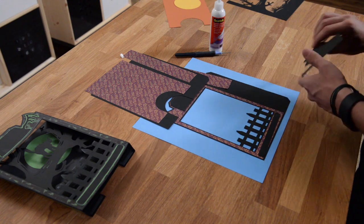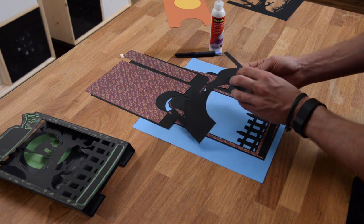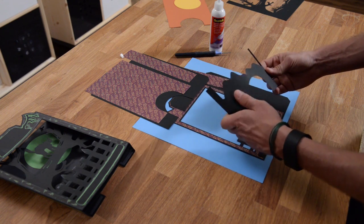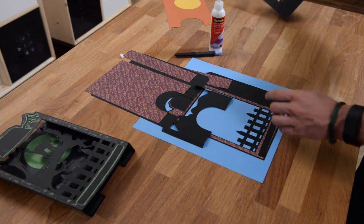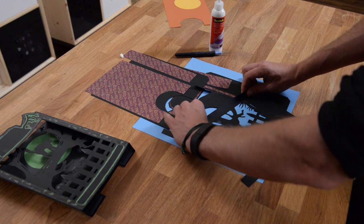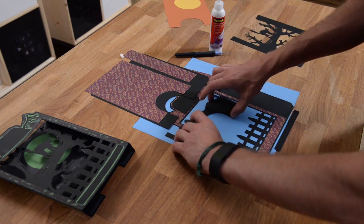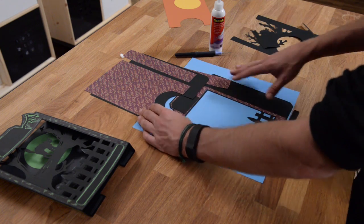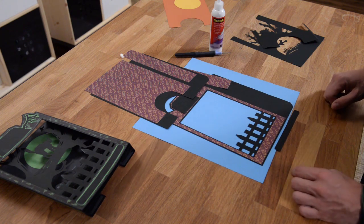And then we have two additional pieces to create the scene. This is the backmost layer that is going to be a mountain fold. Okay, and then we've got the Black Cat layer, and this is going to be a valley fold. So we're going to do that after we get everything assembled. So go ahead at this point. I want you to just put all the panels on the front and the back and the sides of the